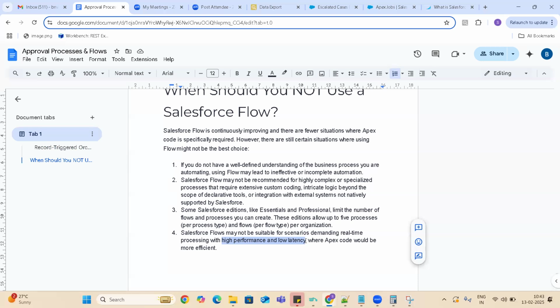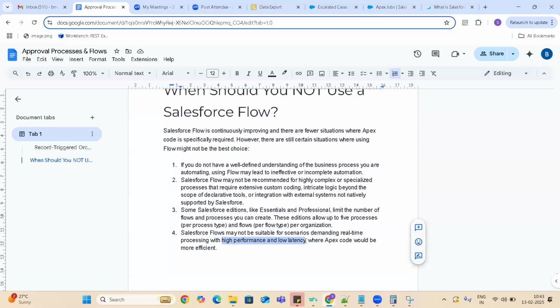So it's better to use Apex because there is a huge amount of work, and you can clearly see the difference in the page load, guys. In case you have more flows and high demand projects, your page loading will take a lot of time. Whenever the project is huge and the functionality is very complex, we will not use flows. In that case, obviously, we will use Apex coding, which gives us more performance.